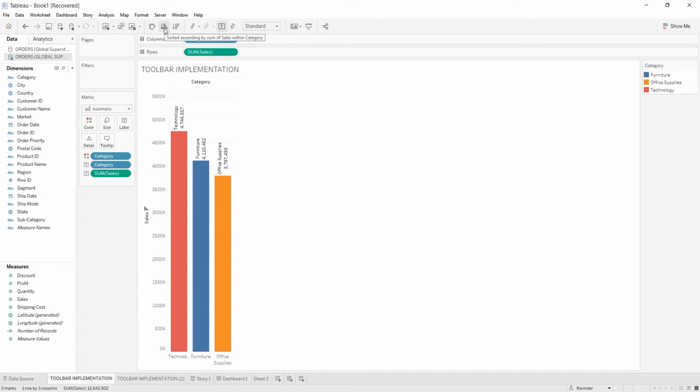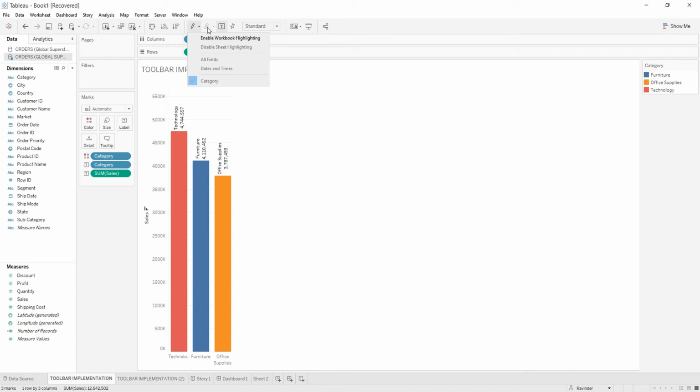Then the second button we have is used for converting the data in ascending order, and the third to convert the data in descending order. So while clicking on these buttons, our data can be sorted according to the requirement. The next button is a highlighter button. We'll be creating a different video for showing you the highlighters and sorting, when they are required and what are the various ways through which we can create these sorting and highlighting options.